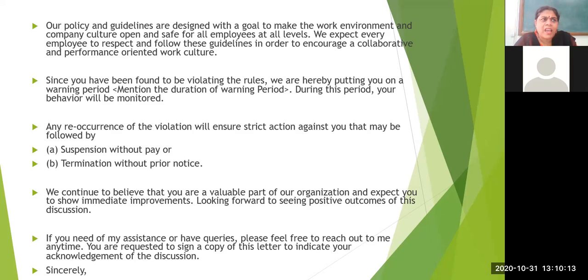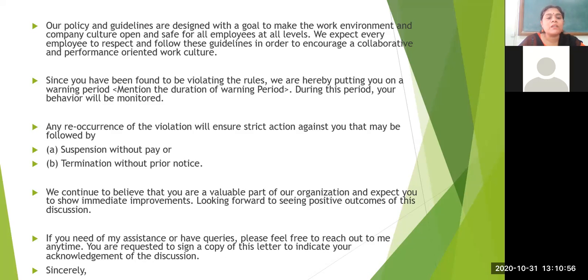So the first and final decision taken by a higher authority is to terminate a candidate without giving prior notice. Suppose the company gives you a prior notice of termination, and they ask you to leave the organization after 1 month. That is a normal procedure of the organization. But if you misconduct, if you behave in the organization in such a way, the organization, without giving you notice or a chance to improve, gives an order of termination. So this is a case.